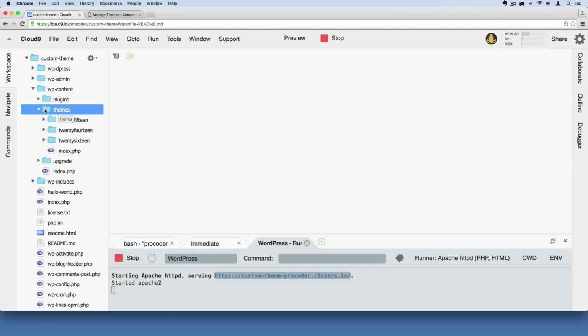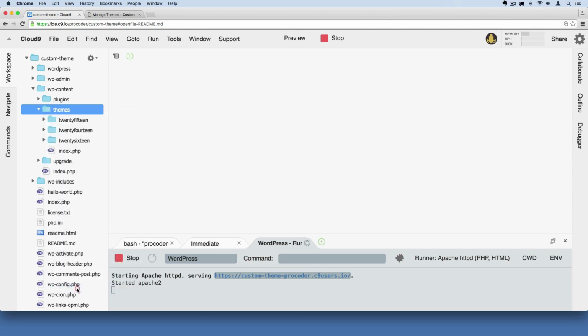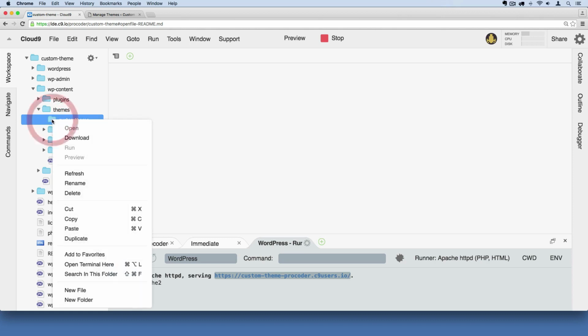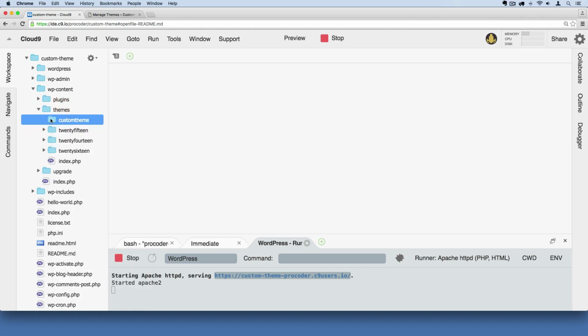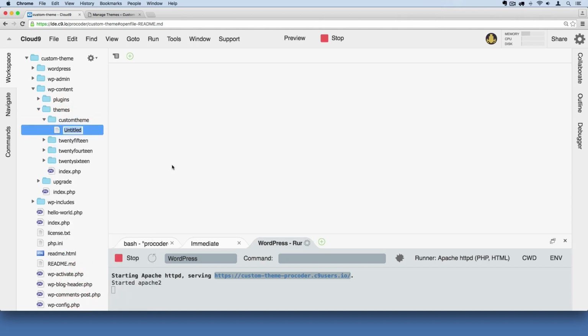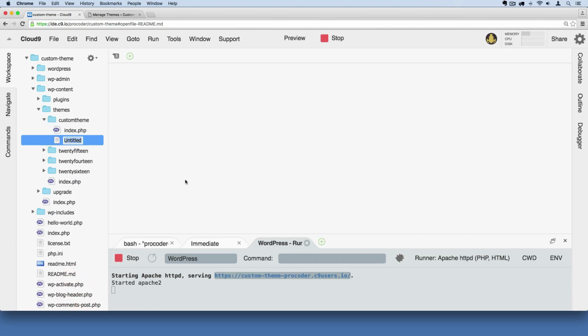So I'm going to right click on this themes folder, and I'm going to say new folder. I'm inserting a folder inside there, and I'm going to name it custom theme. Okay, and I'm going to hit enter. And then I'm going to right click again on the custom theme folder itself. So right click on that folder that you just created, and we're going to say new file. And we're going to call it index.php. Make sure you spell it exactly correct. And then I'm going to go back over to our folder again, custom theme, right click again, and say new file. And then this time I'm going to call it